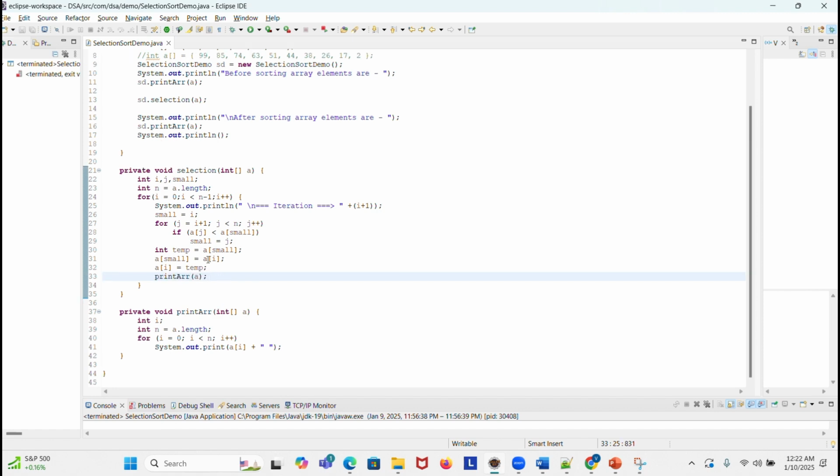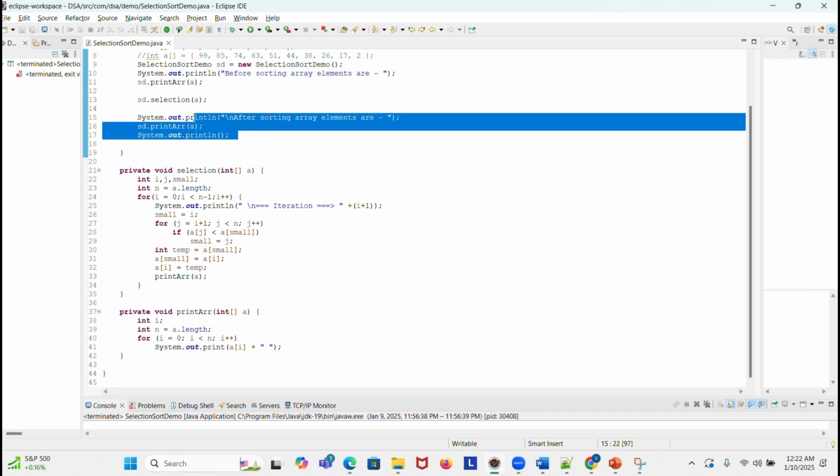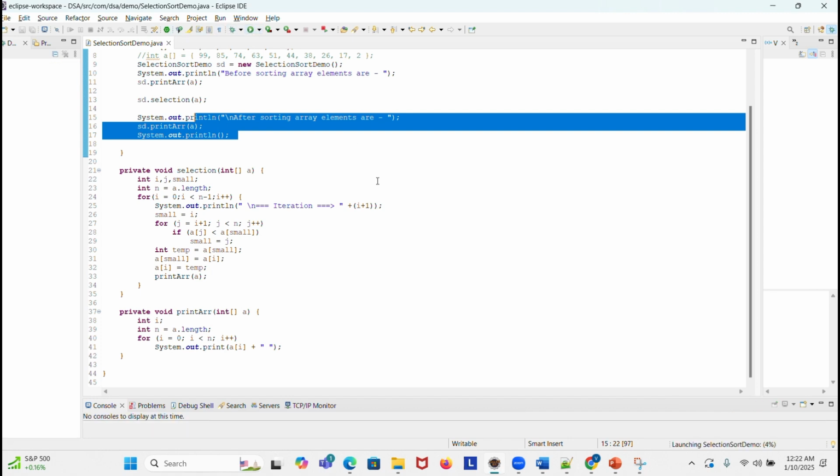So yeah, that's how in each iteration my array elements change positions. Once we complete everything, at the end of the execution, after sorting I am again printing the array elements, so that finally we get the sorted order. So now if we run this,